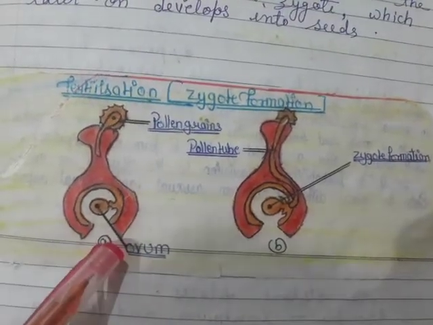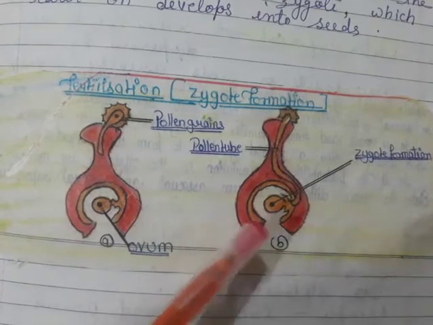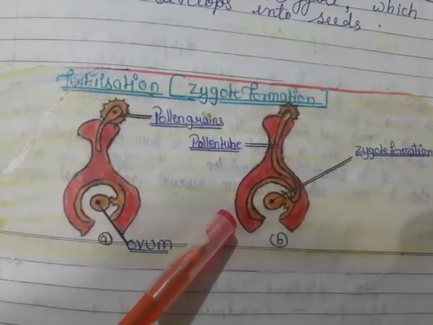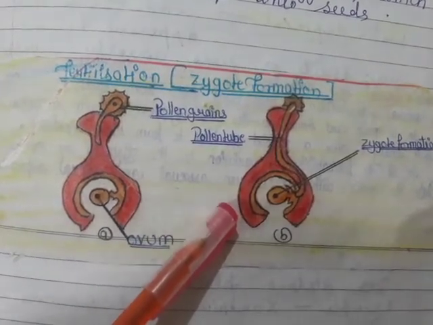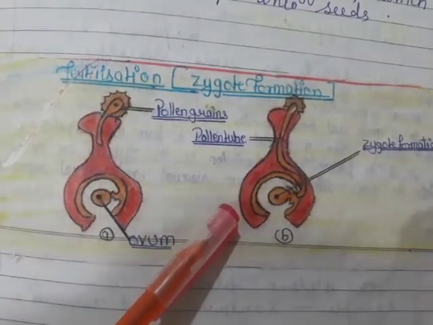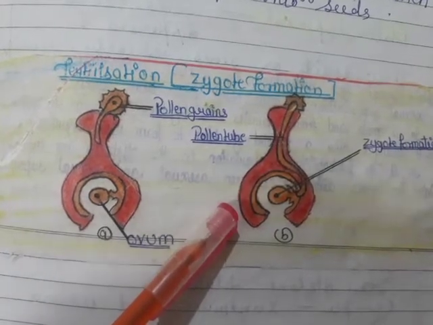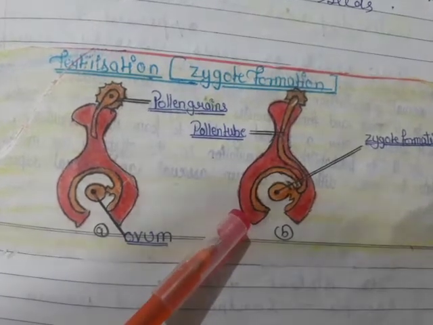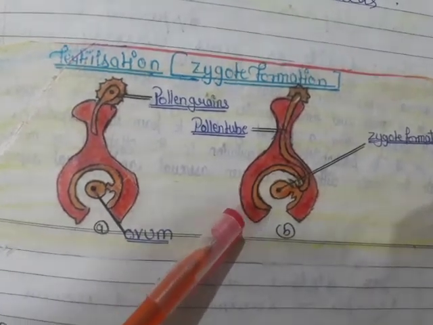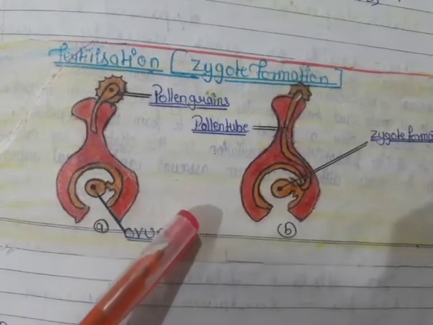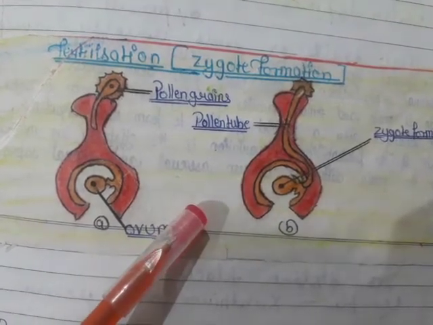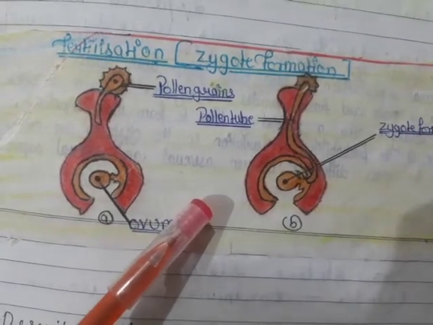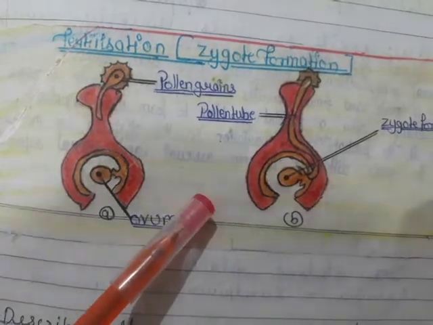After fertilization, the ovary grows into a fruit and other parts of the flower fall off. The fruit is the ripened ovary. The seed develops from the ovule. The seed contains an embryo enclosed in a protective seed coat. Some fruits are fleshy and juicy, such as mango, apple and orange. Some fruits are hard, like almond and walnut, etc.